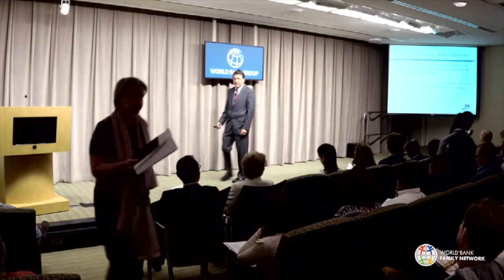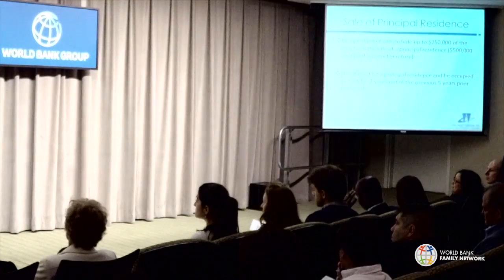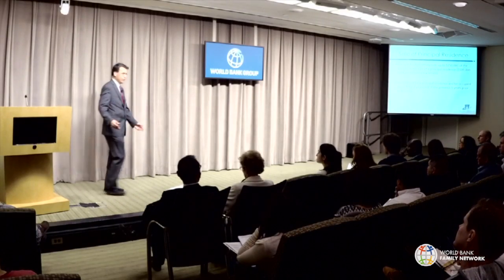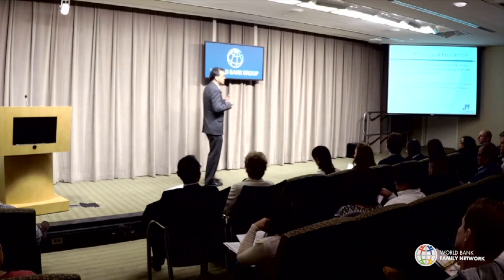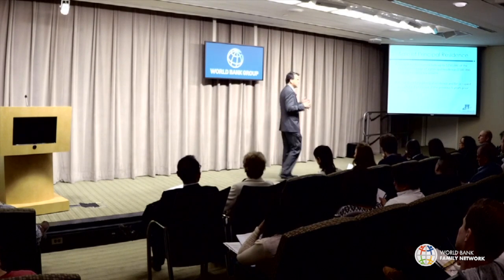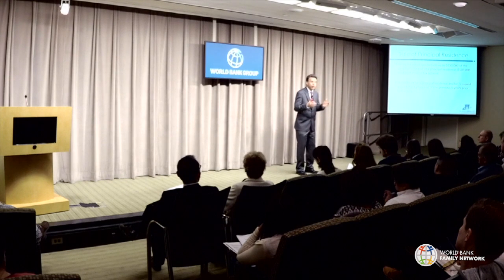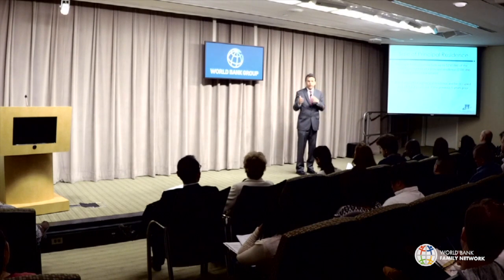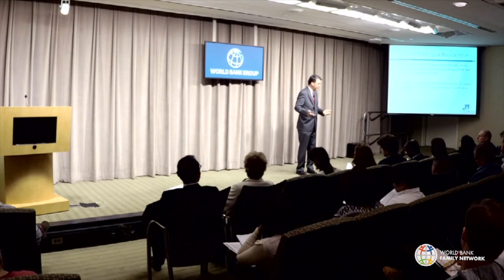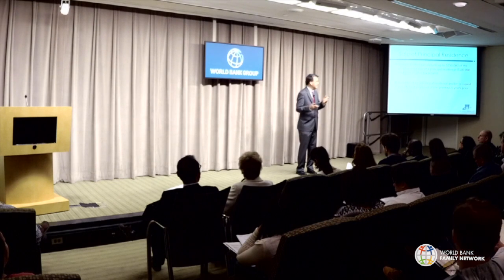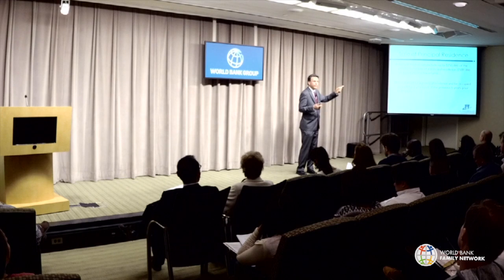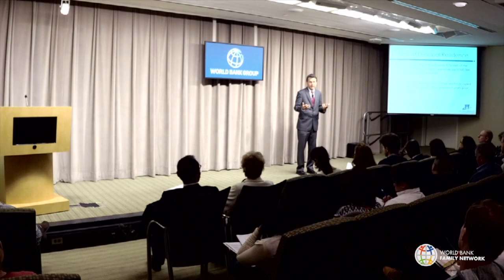Okay, so the other thing, which applies to now everybody here, I would assume, or let's just say most people, is the sale of a principal residence. So if you own a home here in the US and you're a non-resident, or even if you're a resident, there's a special exclusion of up to $250,000 per person of the gain from the sale of your principal residence, the property that you're living in. So if you are single and you've lived in the property at least 2 years out of the last 5 before the sale, then you can exclude up to $250,000.